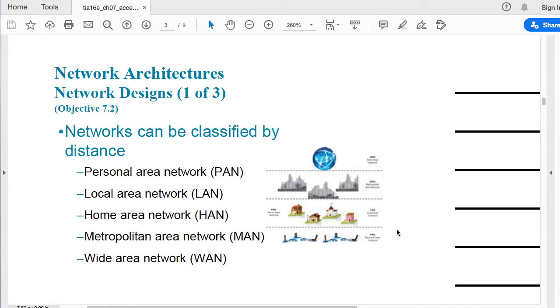What if we analyze two nodes, one sitting in Tallahassee and another one sitting in Panama City? Well, that doesn't look like a metropolitan area network anymore, but that's too close to be classified as a wide area network. So as you can see, these are some concepts and definitions that we have, but they are not very precise. They can become a little bit cloudy, especially nowadays with the entire planet being interconnected.